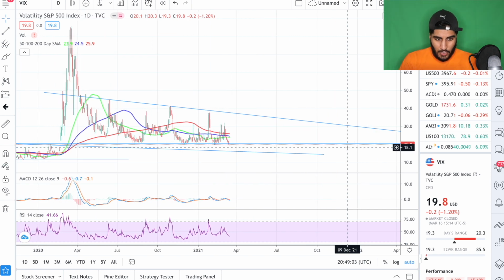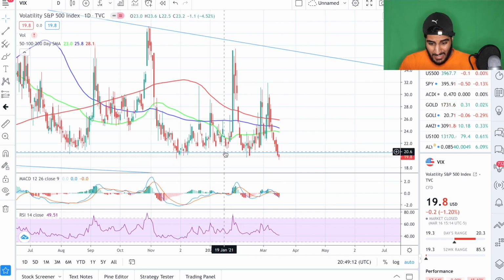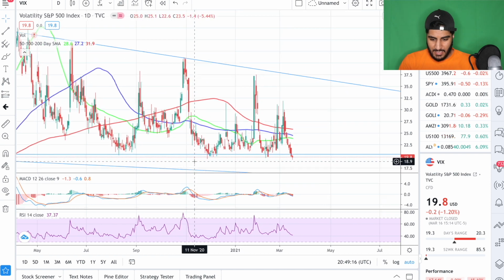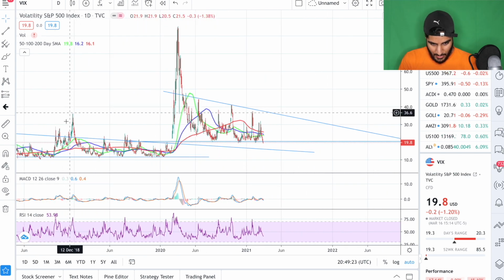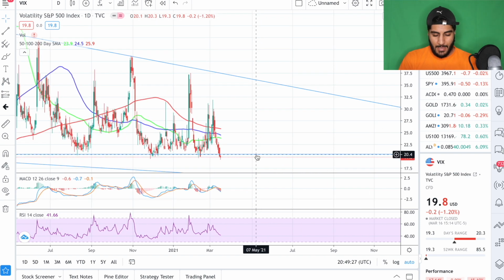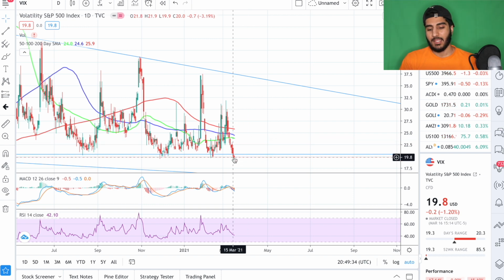Right now, looking at the VIX on the daily time frame, we have had a level of support here at around 20.5. And every time we get below or even at support, we start to make our way up. And so this leads me to believe that the same pattern is going to repeat itself. I have another line of support right here that the volatility index could potentially reach, but I don't see that happening. I believe that we are going to claw right back above into this channel,